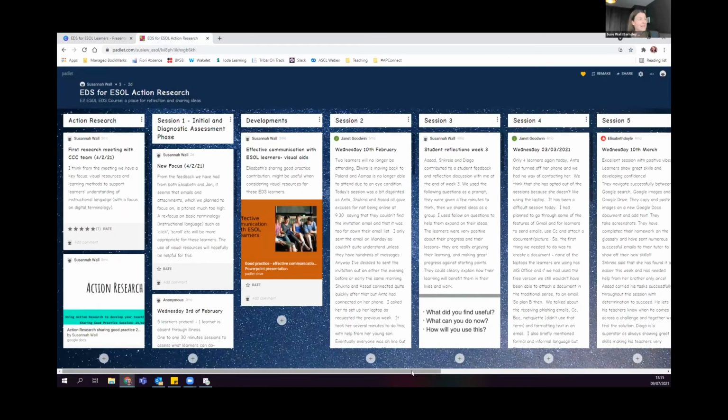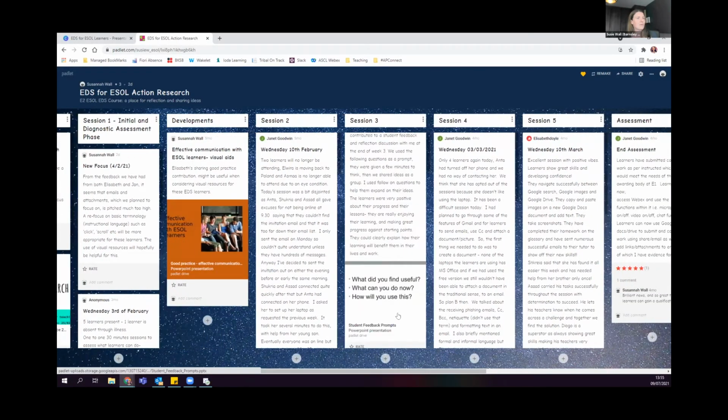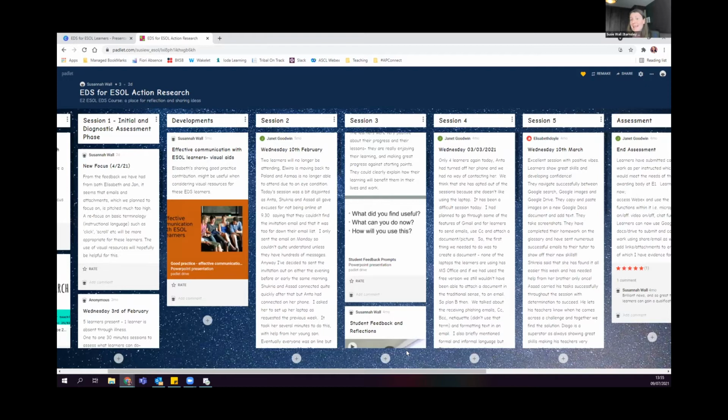So this is how we did it. We had a little bit of an intro to action research. We did a kind of talk session for the tutors on how action research works and reflective practice. And then for each of the sessions that they delivered, they then wrote a reflective text piece. They recorded themselves reflecting. And we also encouraged the learners to do the same. So at session 3 and the last session, I then went in and asked them some questions to really spark that reflection from the learners. So it was a great way to develop the research, to record the action research project, but also to develop that reflective practice and really drive the innovations forward.